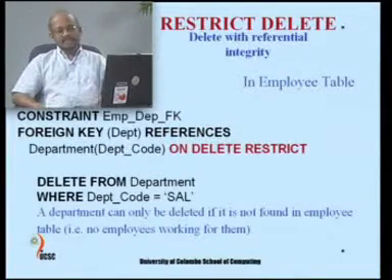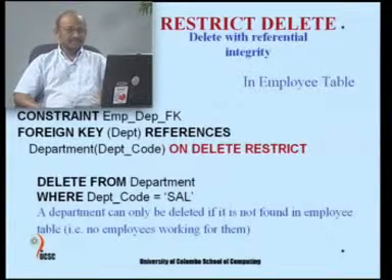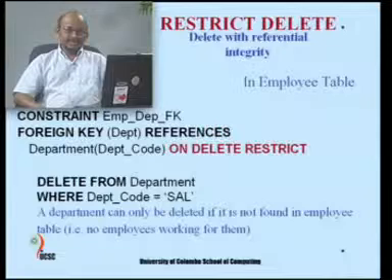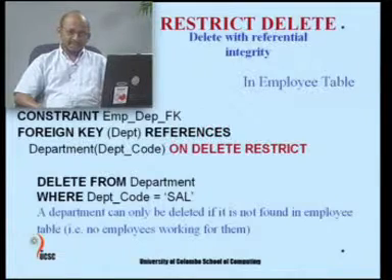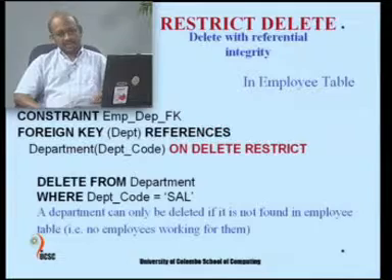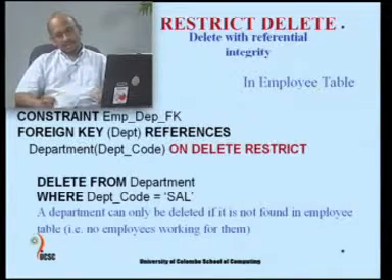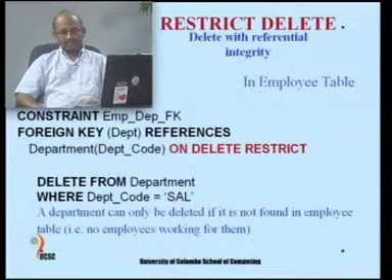Like in the previous case, where we looked in detail at various forms of restriction, cascade operations and so forth for updating, the same can be enforced for delete as well. If you do not want to delete a record when there are matching values, you may want to prevent that from happening.